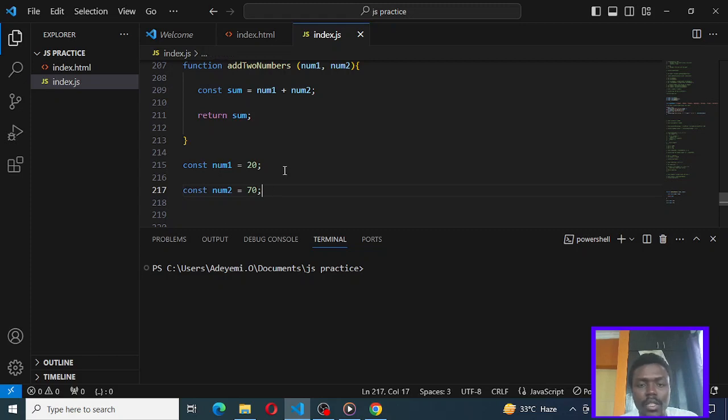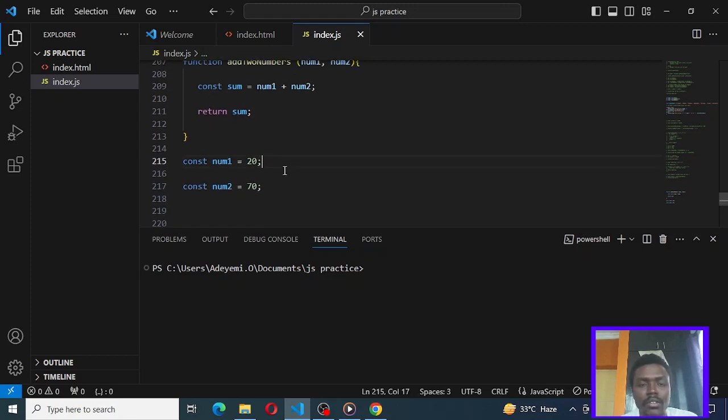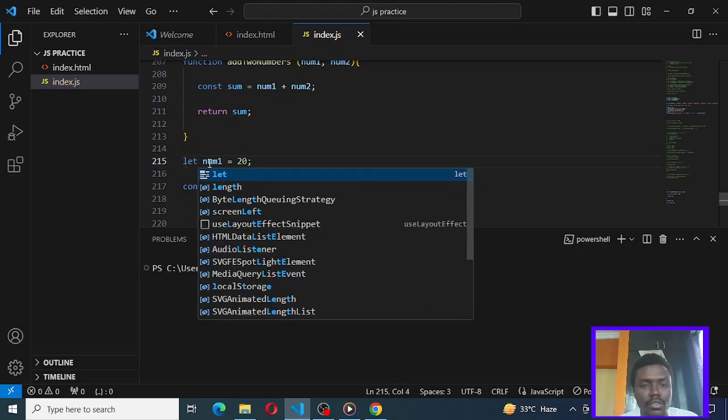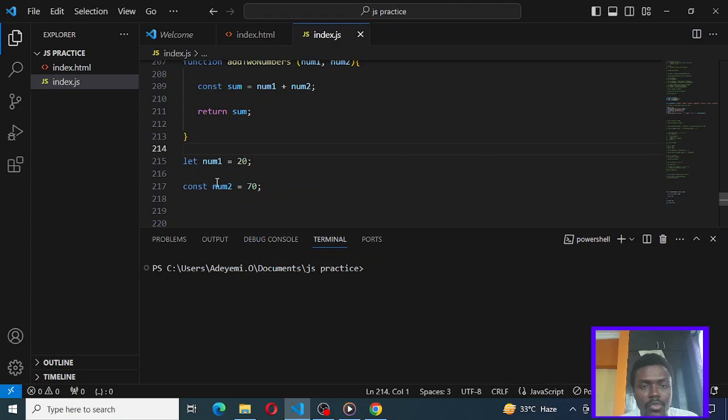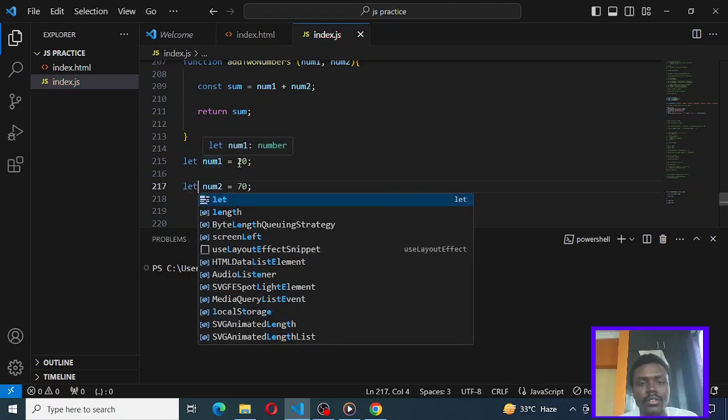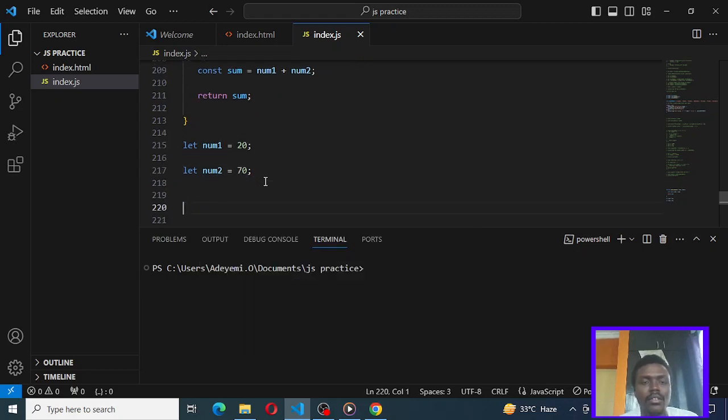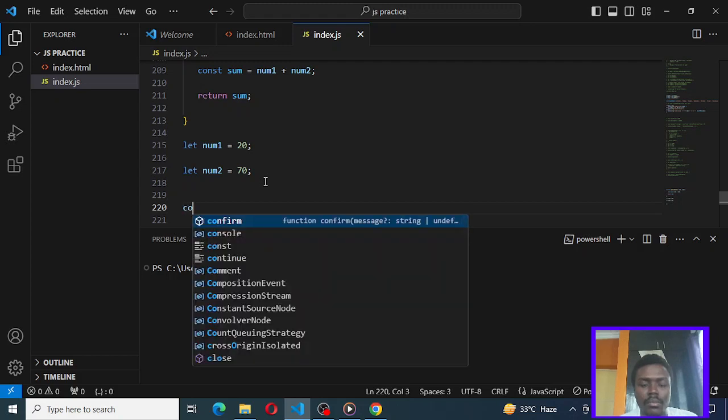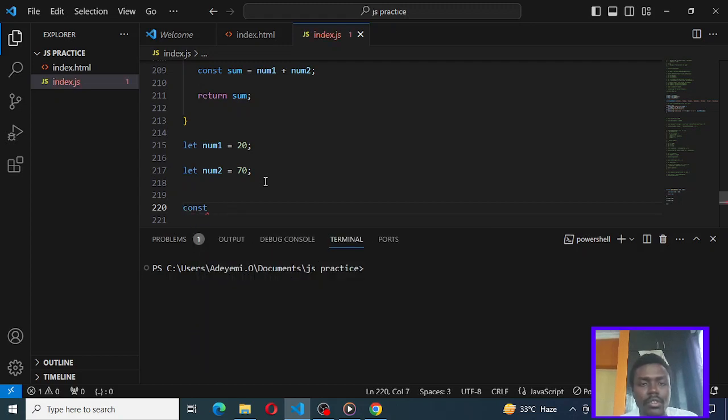The way in our secondary school mathematics, when they tell us let x equal this, let y equal this, it's not too far from what we are doing. So I can easily put let, so that it's easy for some of you to understand. I can say let x equals 20, let y equals this, that kind of thing. So I'll now create another variable. What do I want to name my variable? I can name my variable sumOfNumbers